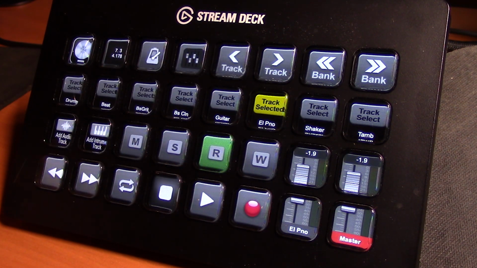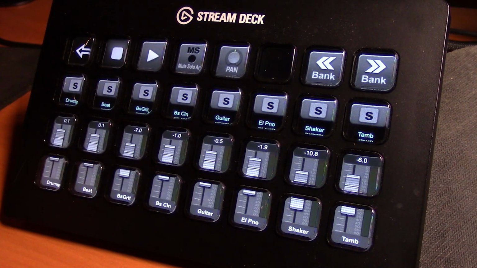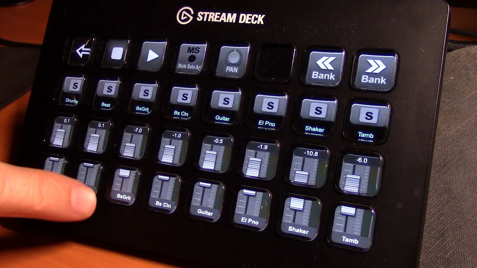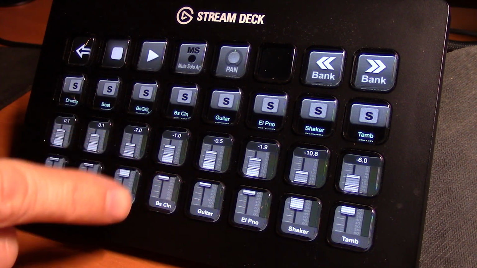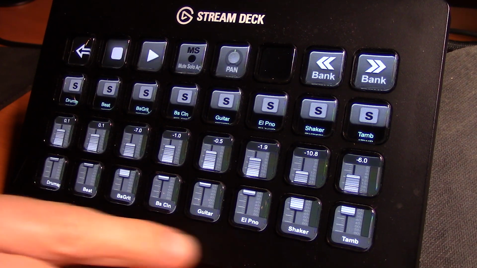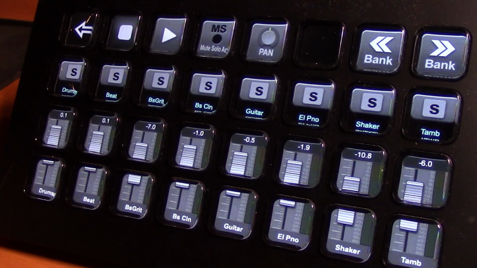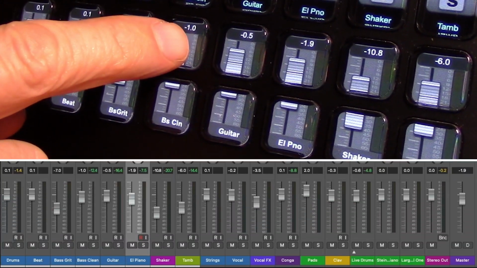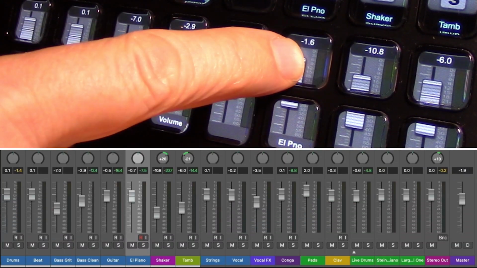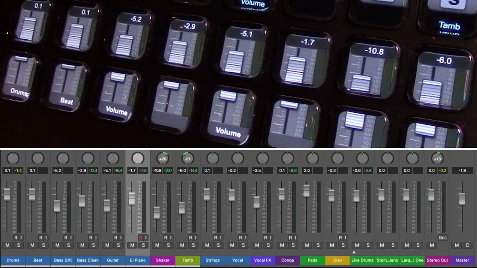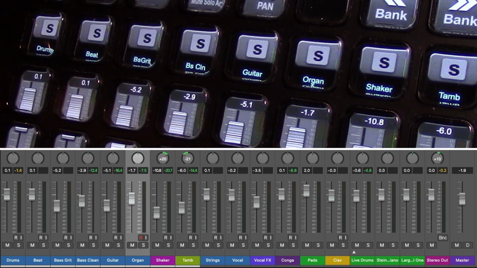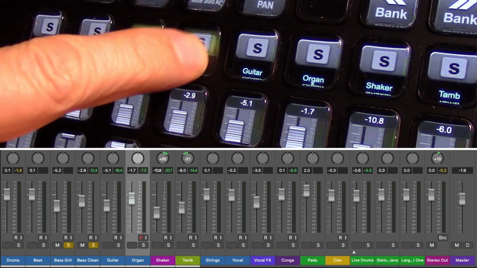And this key here will open up our console page and open up a few more pages for us. So switching over to this, we're now presented with our mixer console page. And this will allow us to control, in this case, tracks 1 through 8. And these are the dedicated faders for each one of those, indicated with the name at the bottom here, and the name's also reflected here. So controlling our fader bars,